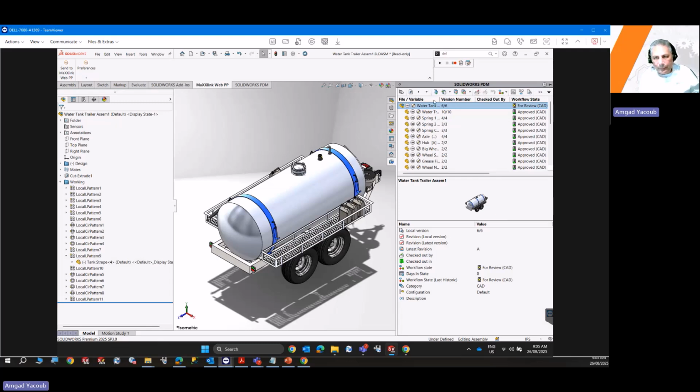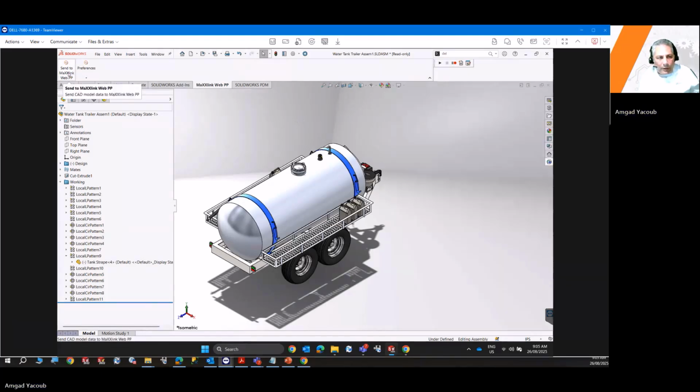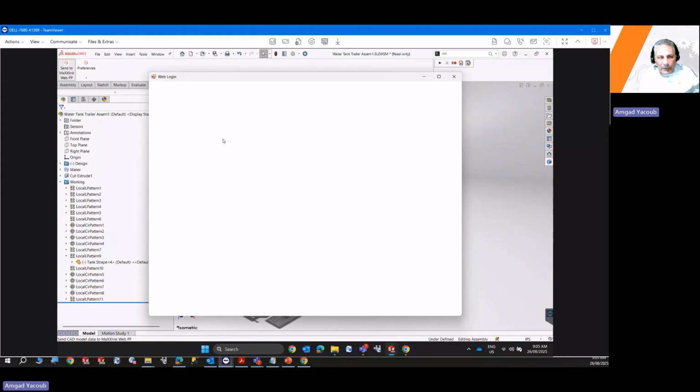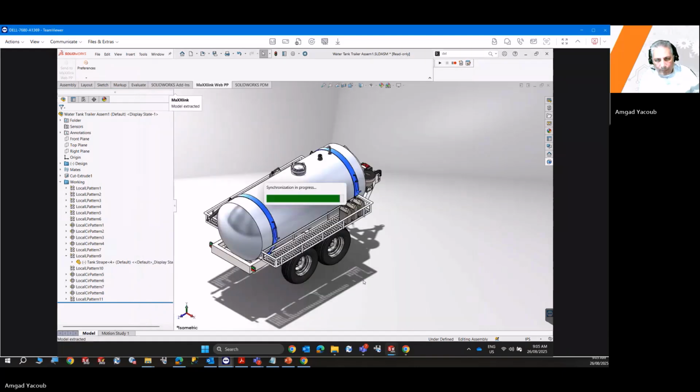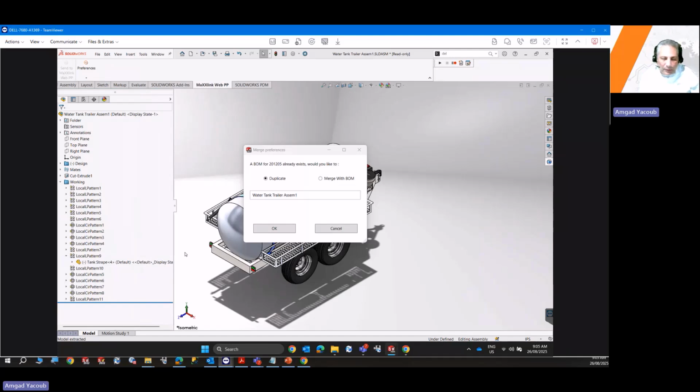I'm going to send the bill of material straight away to Eddie through Maxxlink. I'm going to log in, so I can use my email address here and my password. And just a matter of a couple of seconds, it will go and read all the assembly components. And here it gives me two options, whether to create another bill of material or to merge with